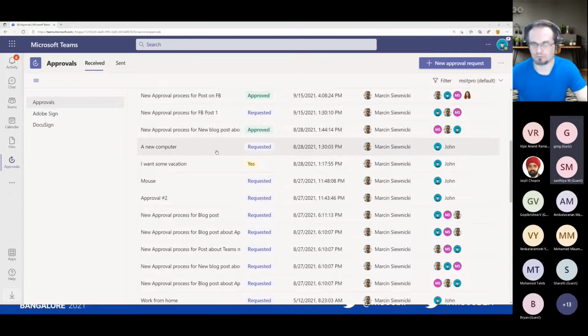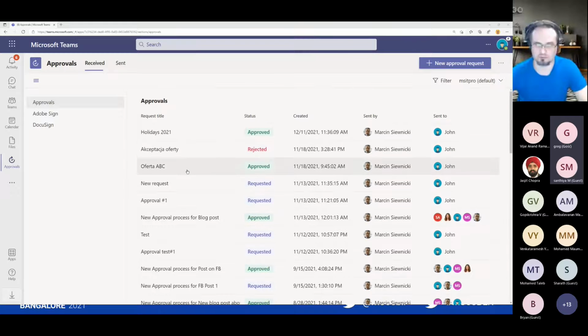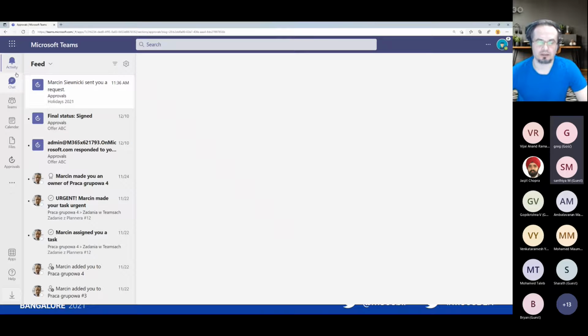There are no further options. It's not possible to create more options, more actions for users. So as you can see, it's very easy. Just create and set. What's more, in the activity feed,